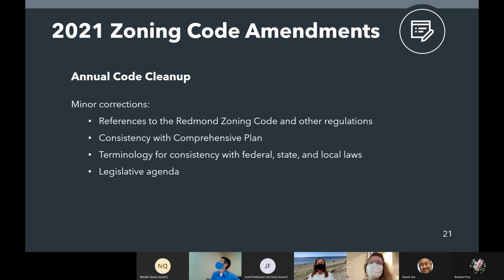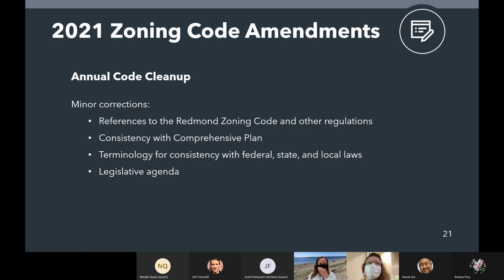So as part of our rewrite, and this actually started a few years ago, is an annual code cleanup docket. So this is making sure that we have a living zoning code that doesn't become outdated again over time. So we are in the middle of a rewrite process for the first time in a decade. In addition to that, though, we don't want to end up waiting a decade to address problems that have transpired in our code due to inconsistencies or changes in policy development, changes in legislation, or errors that our customers and